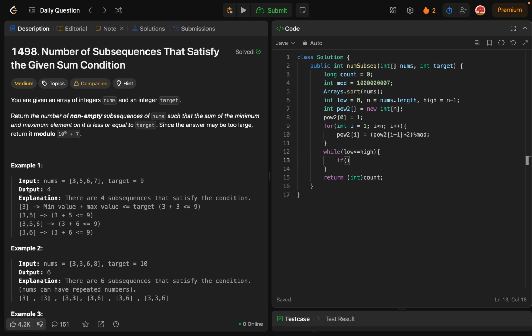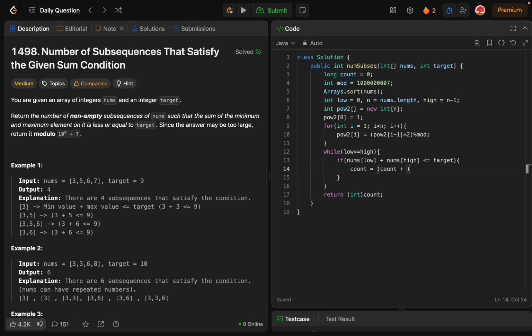Now we check if the sum of the minimum and maximum element is less than or equal to the target. If it is, we increase the count,